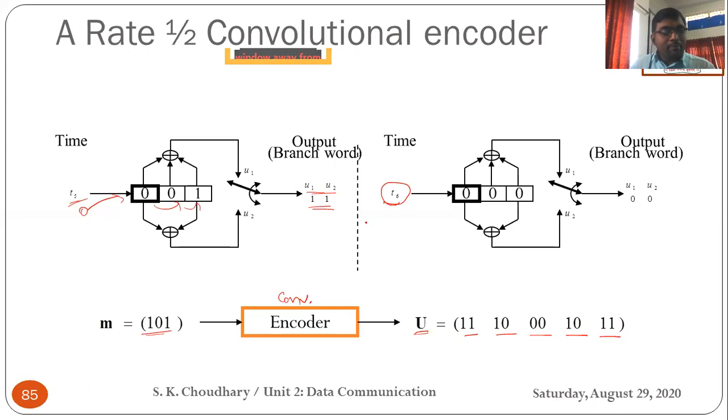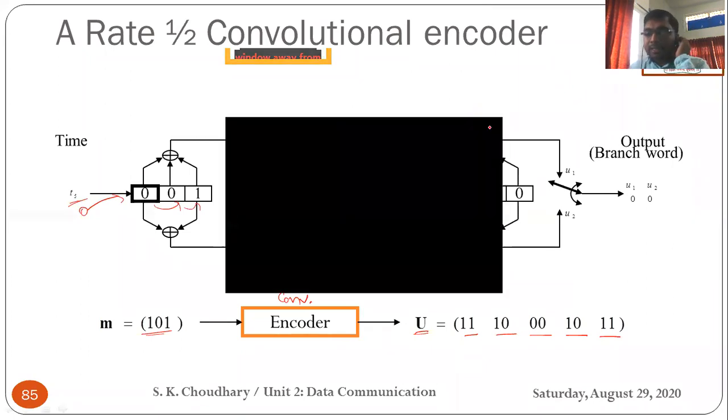So to flush the message from the encoder, we require one less zero than the constraint length, or the number of shift registers. But here you can see that at T6 we have input another 0, for the reader to verify that flushing is completed at T5 and thus a new message can enter at time T6.